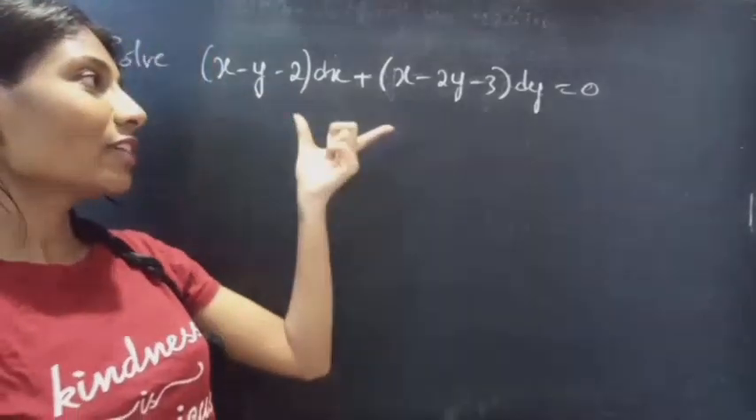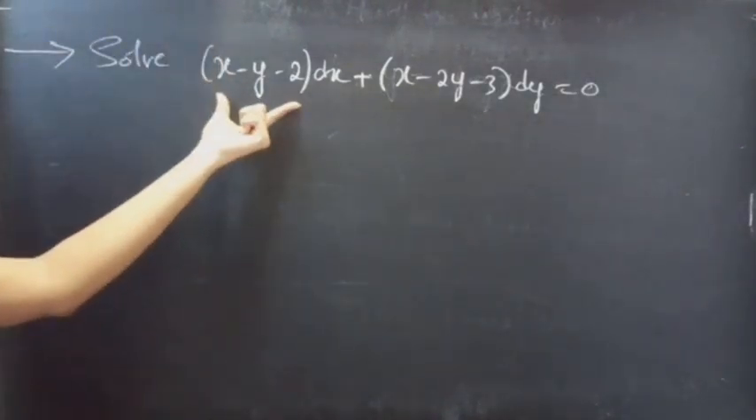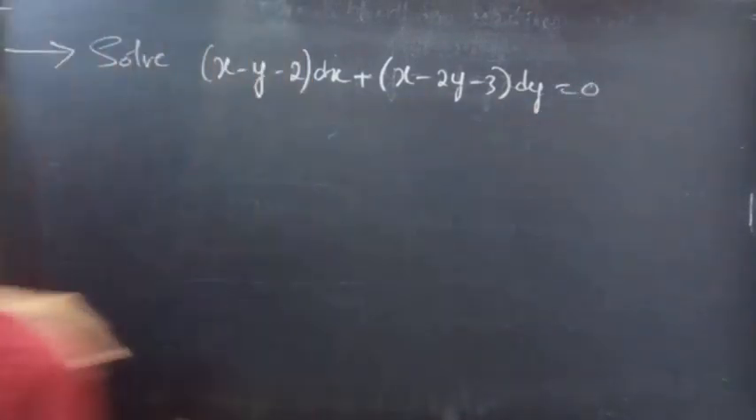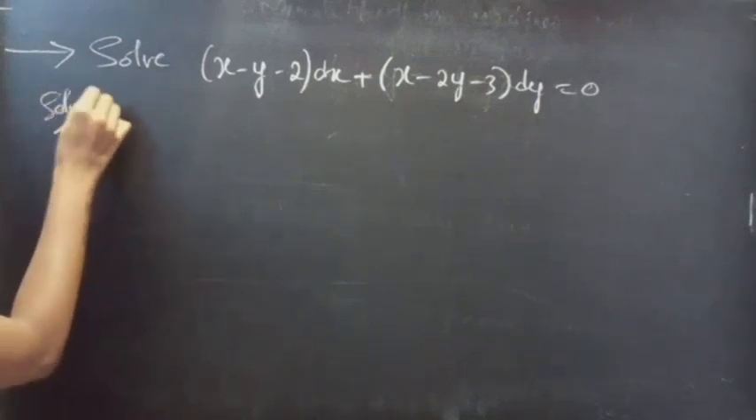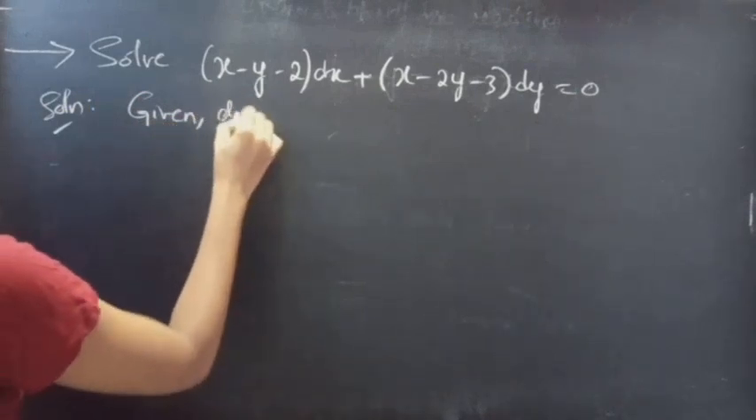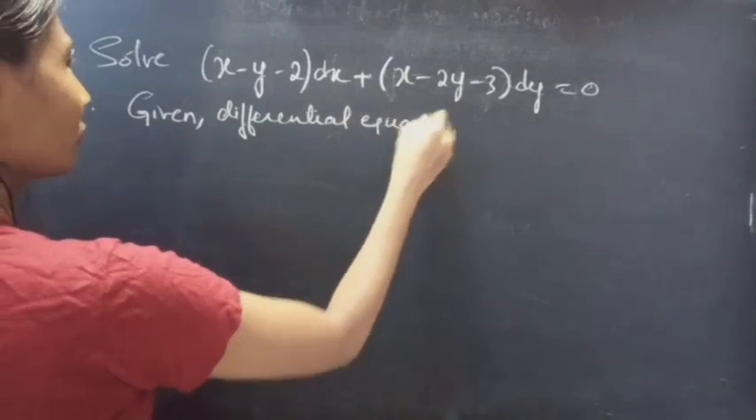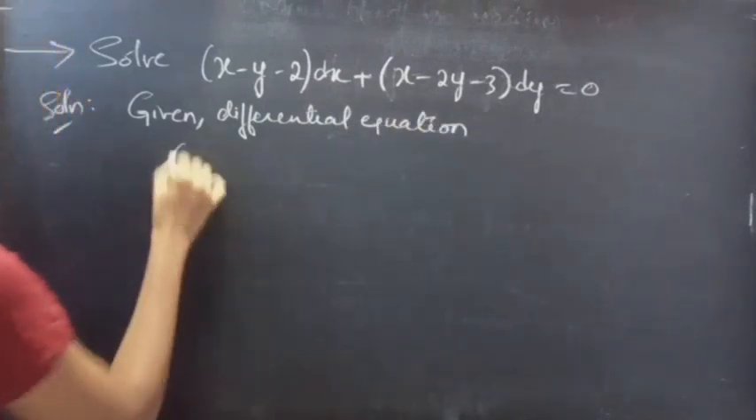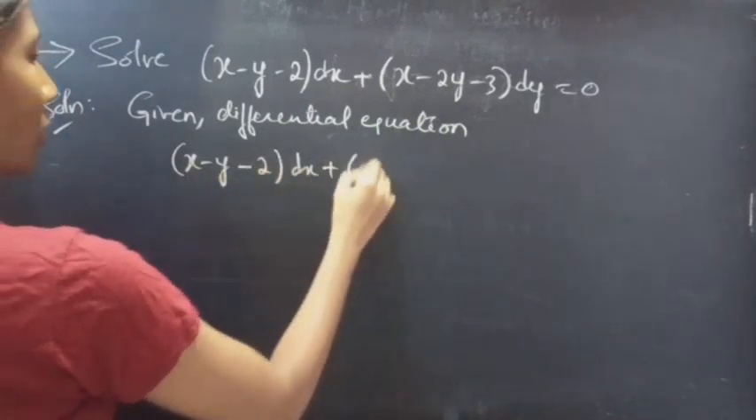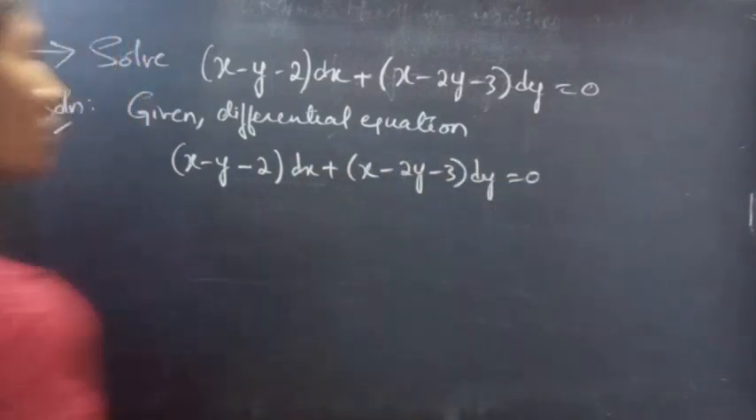In this video, we're going to solve the given differential equation. So let's get going. Problem: solve (x − y − 2) dx + (x − 2y − 3) dy = 0. Solution: given differential equation (x − y − 2) dx + (x − 2y − 3) dy = 0,